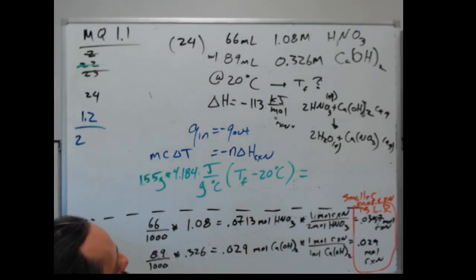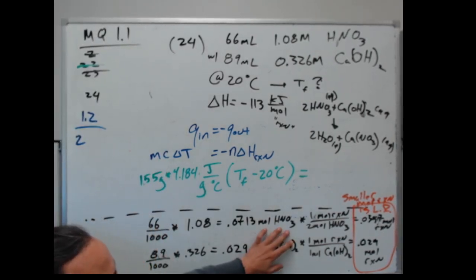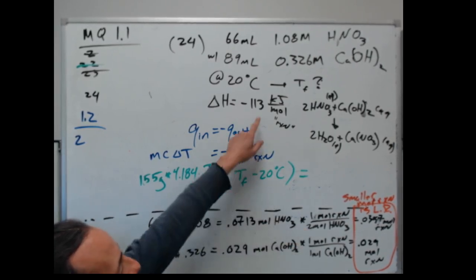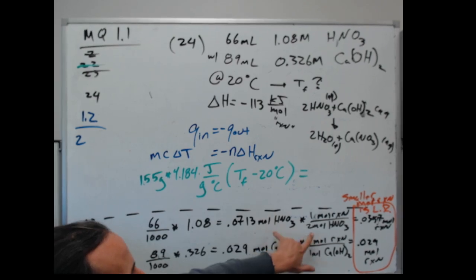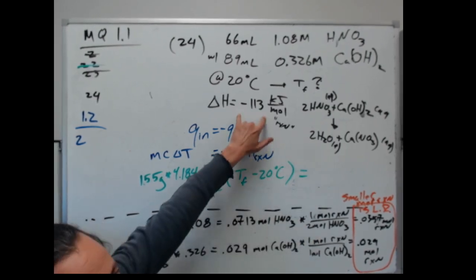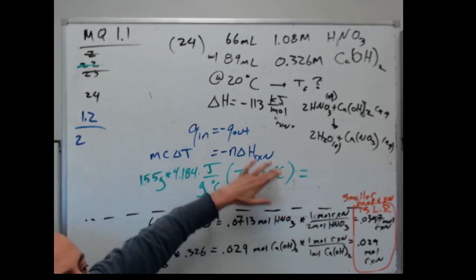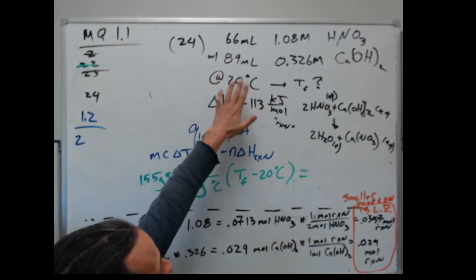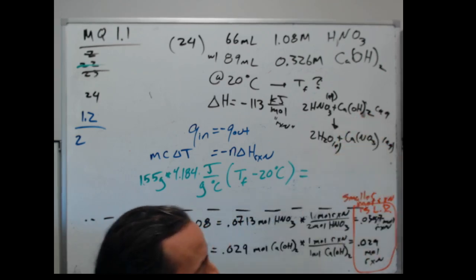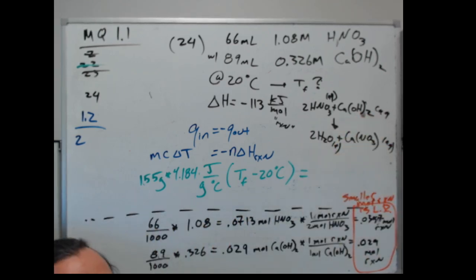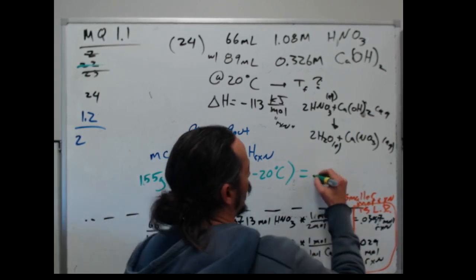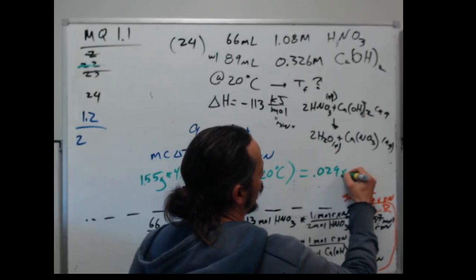Right, the thing that becomes tricky is if the nitric acid was the limiting reactant, we'd have to take that factor of 2 into account, either in the moles here or in the delta H here, but we have to take that factor of 2 into account someplace. Since it turned out the calcium hydroxide with the 1-to-1 ratio was the limiting reactant, I can just plug that in, 0.029 times